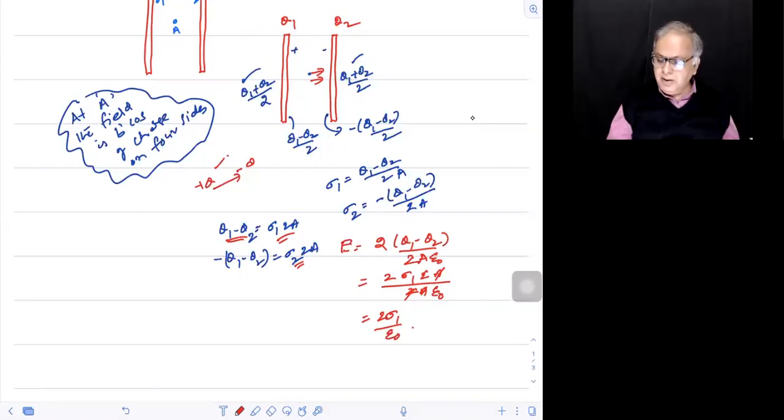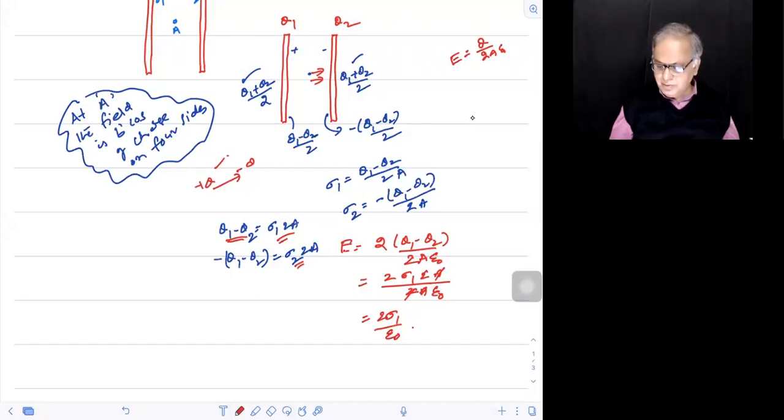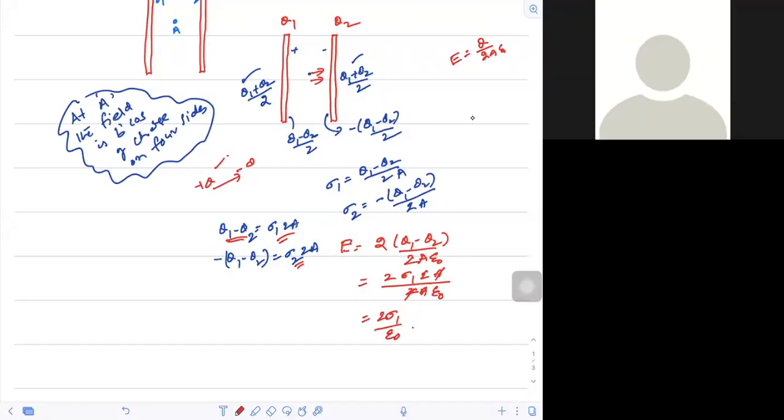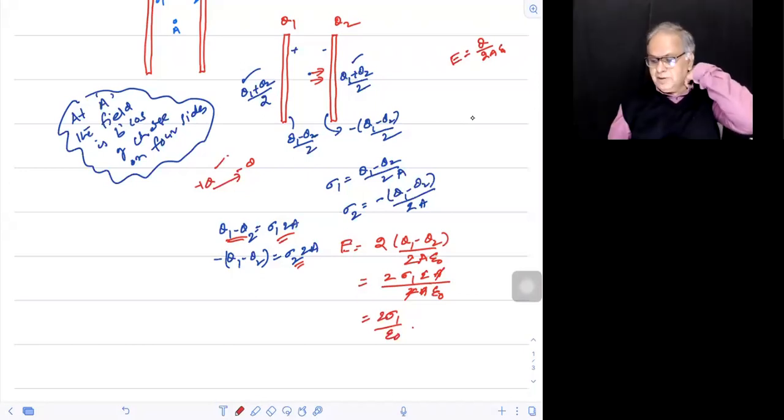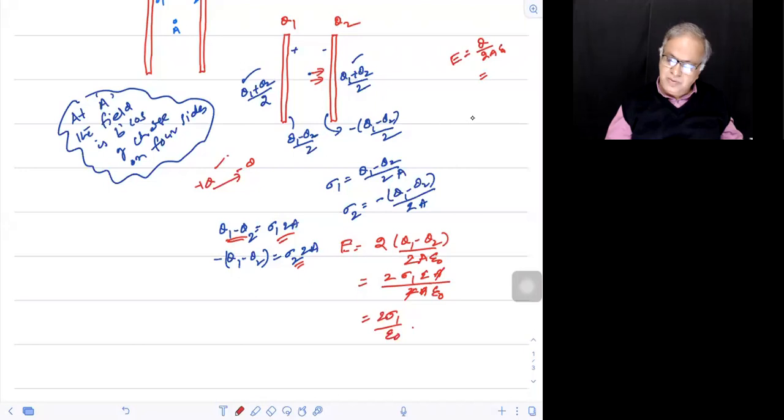Why? E will basically be, if charge Q is there, Q by 2a epsilon 0. Did we write that? No, sir, we did not. We wrote Q1, sir. For one side the charge is Q1 minus Q2 by 2, so another 2a should come. That will be Q by 2a epsilon 0 because of one and Q by 2a epsilon 0 because of the other. So it will be Q by a epsilon 0.